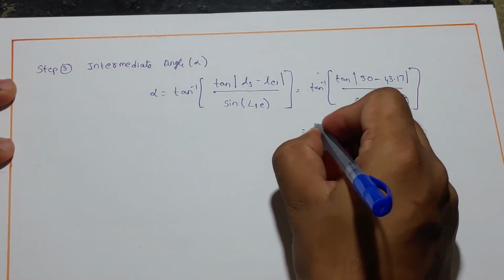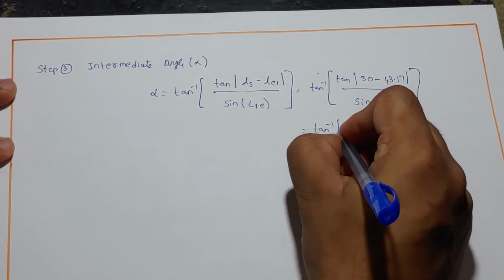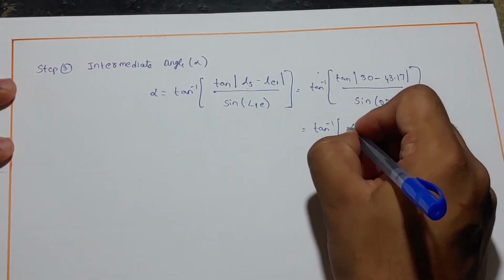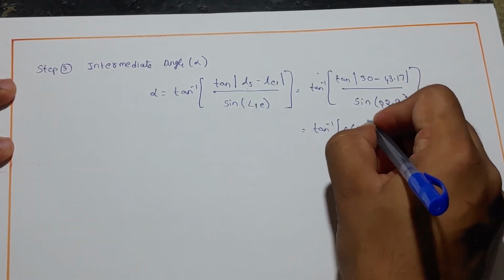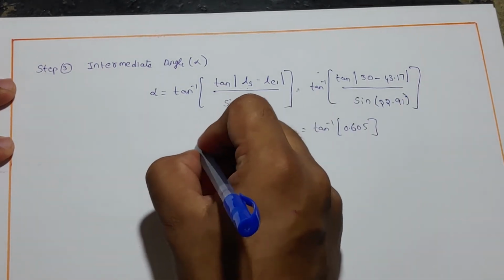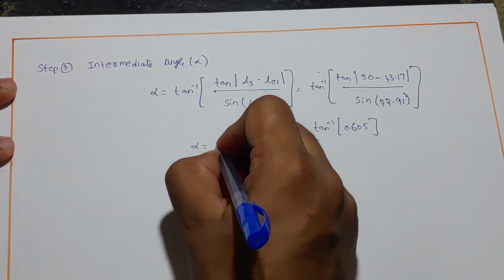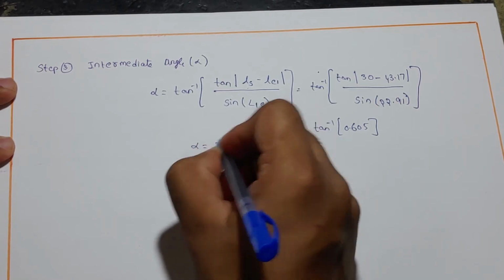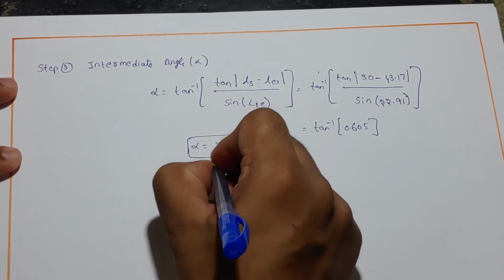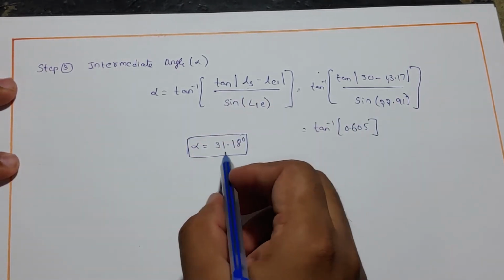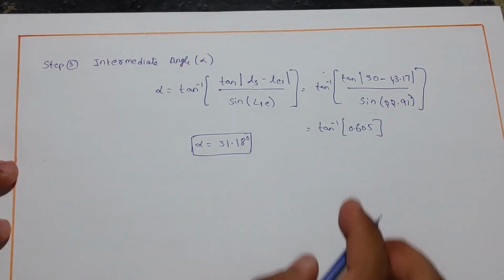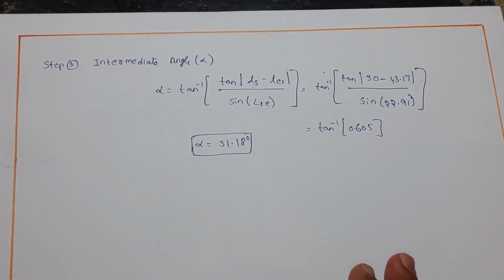On solving, we will find tan inverse of 0.605. We know that tan inverse of 0.605 is equal to 31.18 degrees. So here we find the elevation angle, intermediate angle. From the previous figure, that is